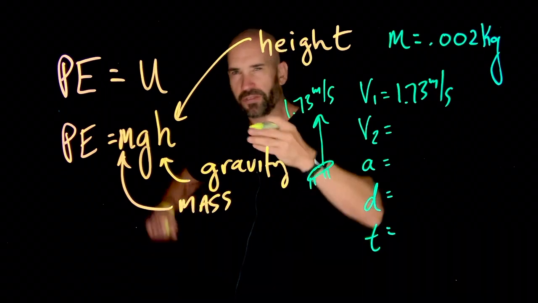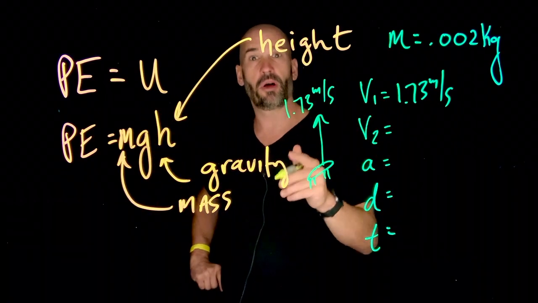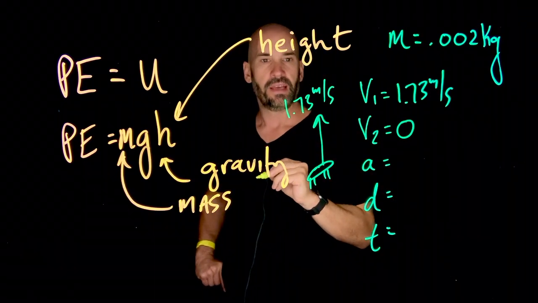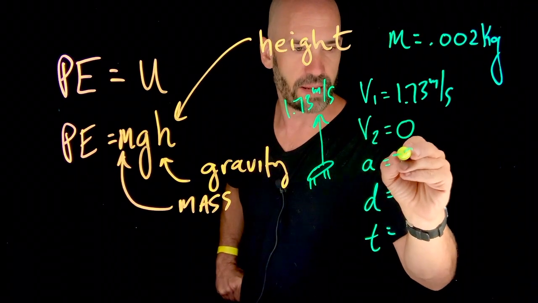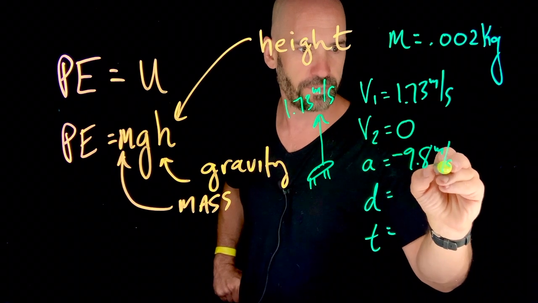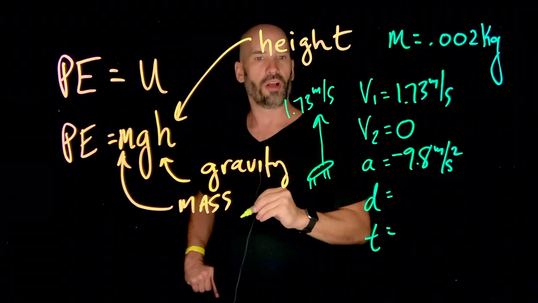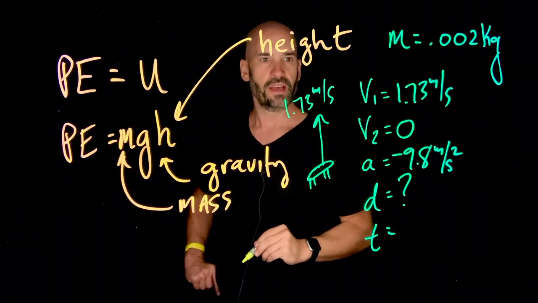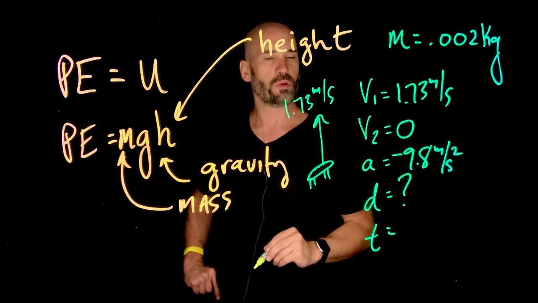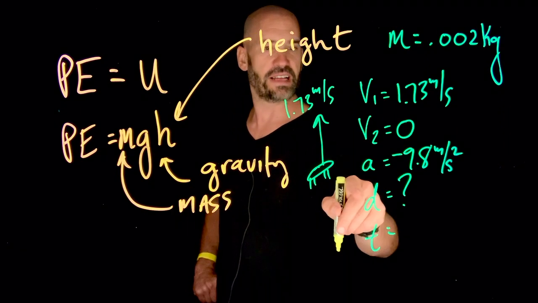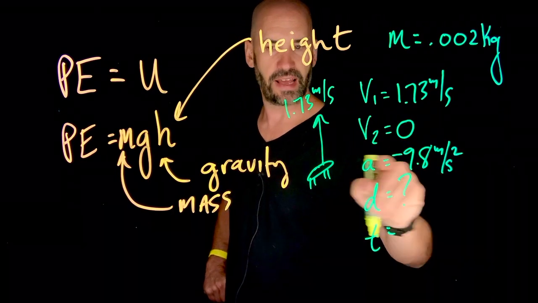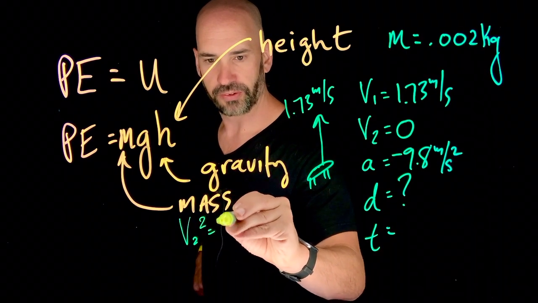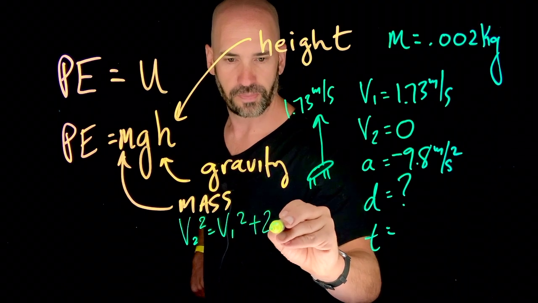My cricket starts out with a velocity of 1.73. Maybe if you remember, if you dust the cobwebs off your brain from a few chapters ago, at the maximum height, V2 equals 0, right? And you probably know that gravity is negative 9.8 meters per second squared, right? And you also probably know that this, D, is what we're looking for, okay? So what equation would we use if we want to find D and we have V1, V2, and A? No big surprise here. We simply use V2 squared equals V1 squared plus 2AD.